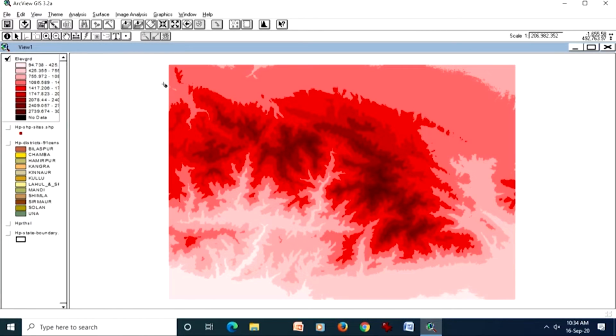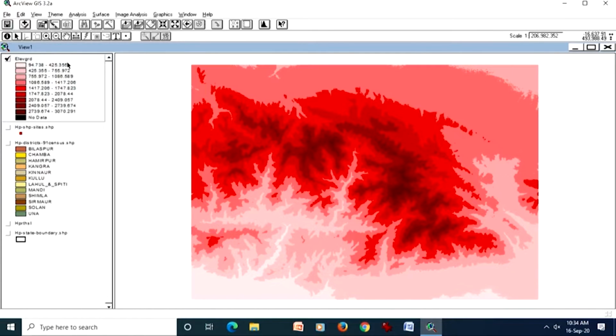Now, this is our grid data, and currently it is being classified into different classes having these ranges